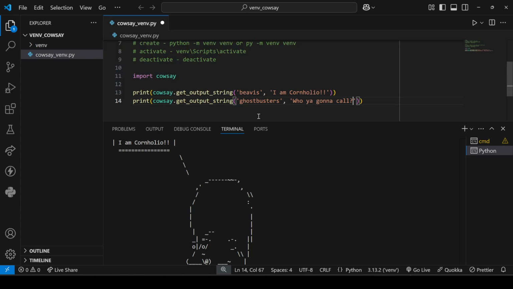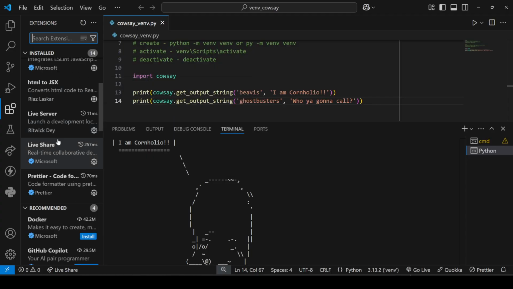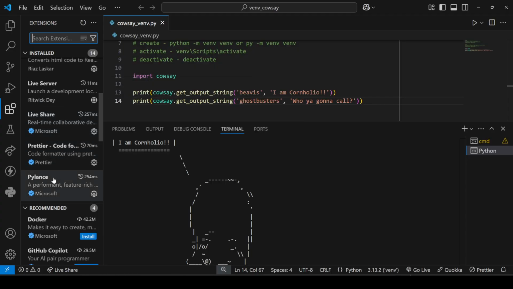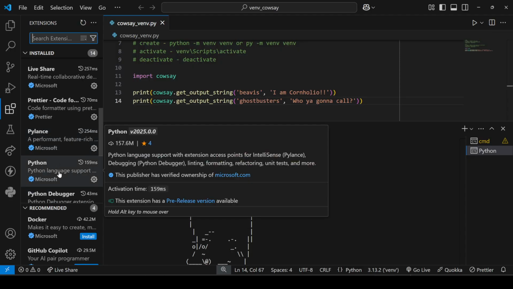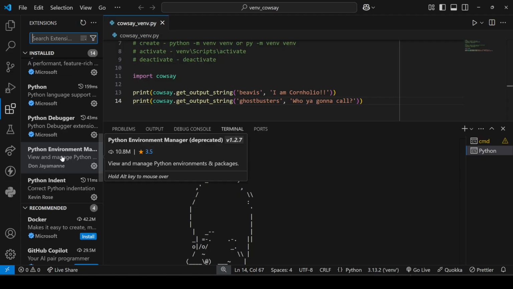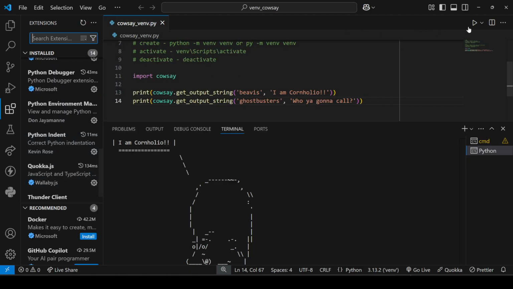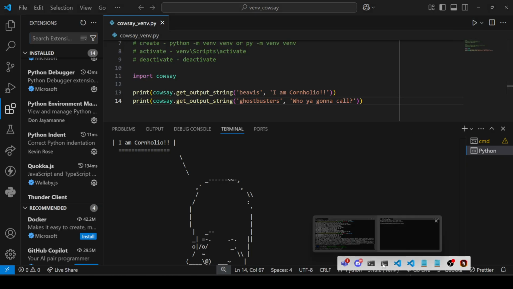So we can do Ghostbusters. Now, if you don't have this little play button up here, run Python file, if you go to extensions, you might need to install Python from Microsoft, Python debugger, Python environment manager, Python. I mean, there's a bunch of different packages that I've installed here. If this play button isn't working,